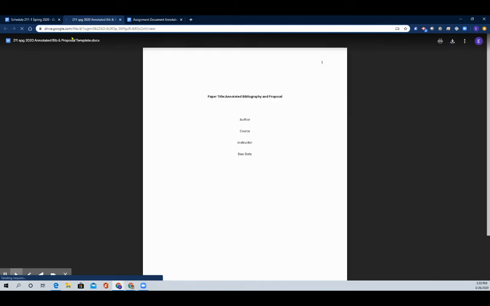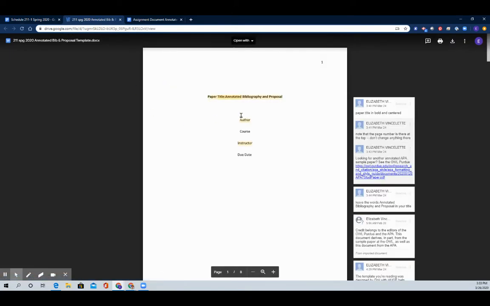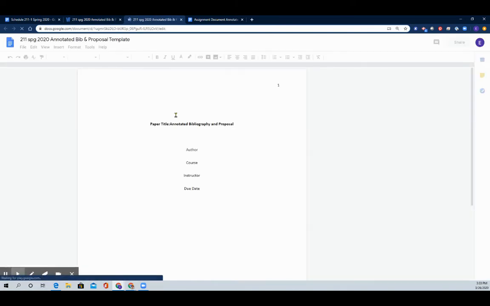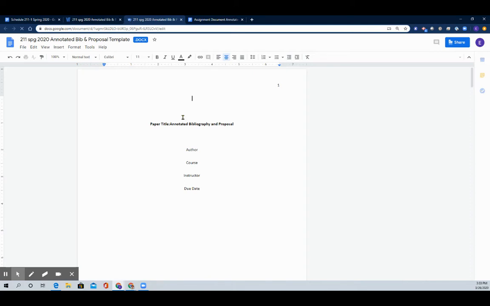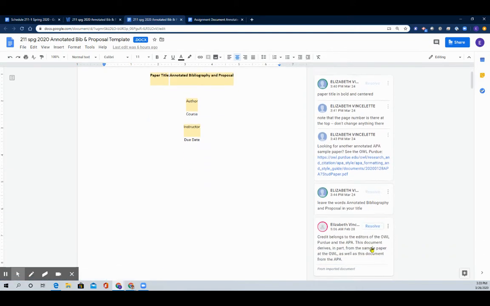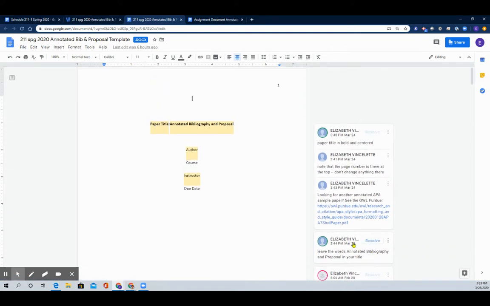I'm going to go ahead and open the assignment template and talk about that a little bit more. So it's in this view again where it's just the viewing window. I want to open this up as a Google Doc. You're going to want to save this, and you're going to definitely work from your own copy of this, because you're going to actually type inside the document, and you're going to get rid of things that I have going down the side. Like you're going to resolve the comments. You're going to get rid of this stuff down the side as you go. You're going to give it your own title. You're the author. It's going to be our course. It's going to be my name. It's going to be your due date.